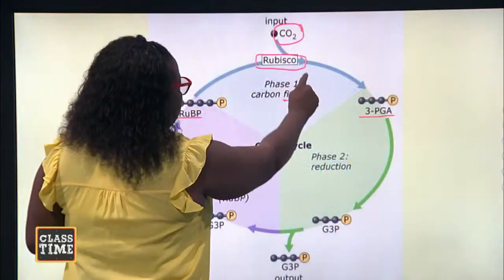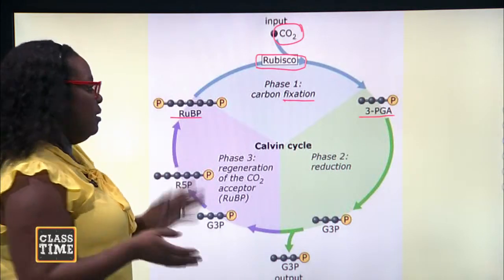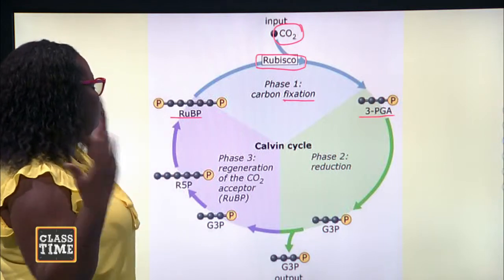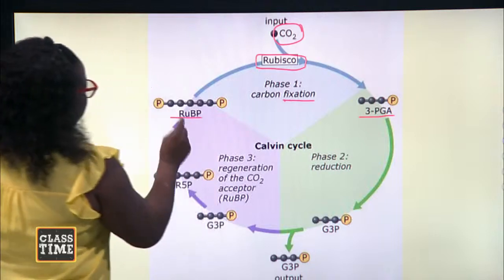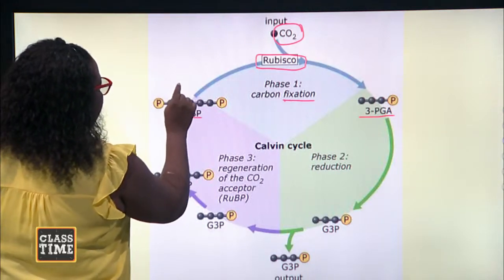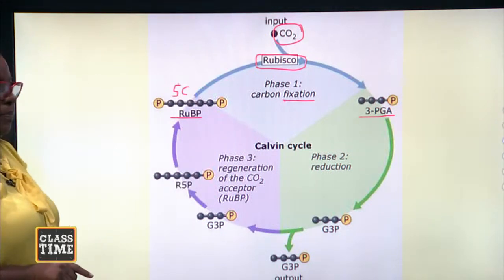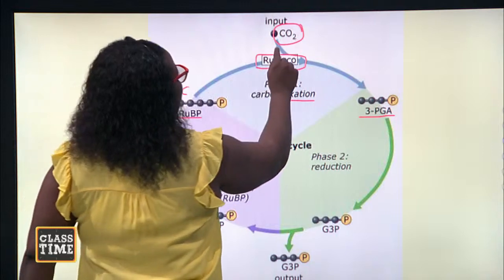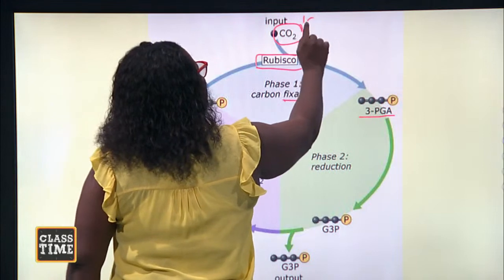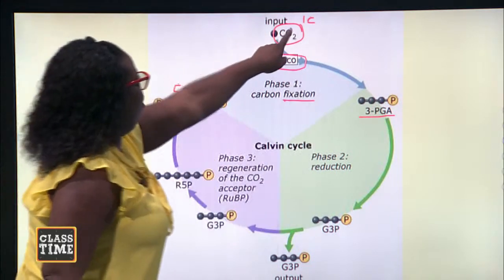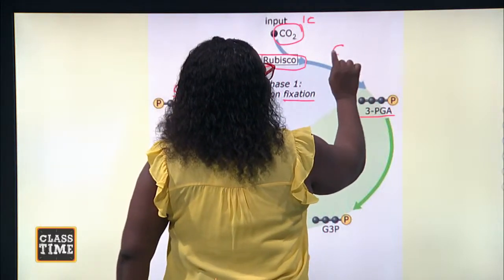And the enzyme is Rubisco, which is considered one of the most popular enzymes in the world because it is utilized each time this cycle goes through. All right? Now, what I need to draw your attention to is that RuBP is a 5-carbon compound. So when you add this 5-carbon compound, and obviously this is a 1-carbon compound, okay? When you add 1 to 5, mathematics will tell you, you'll end up with a 6-carbon